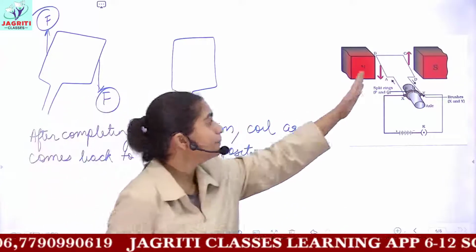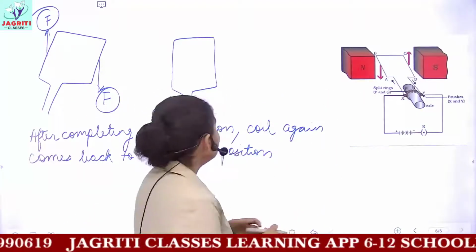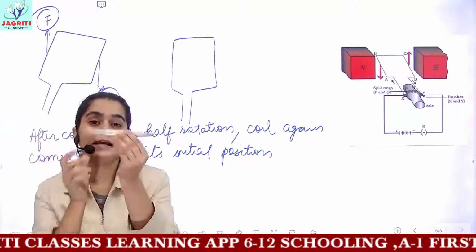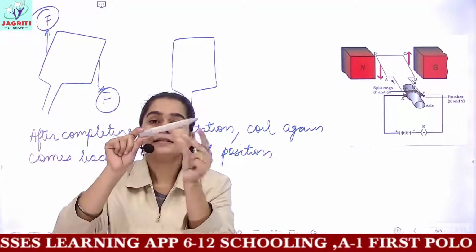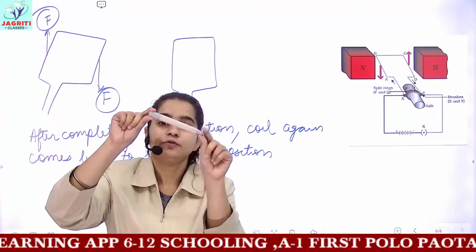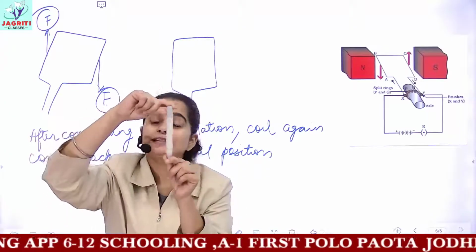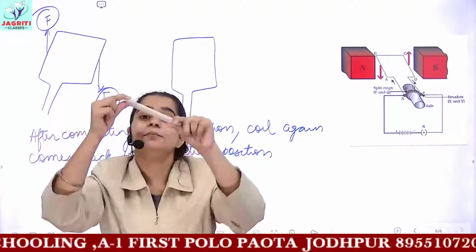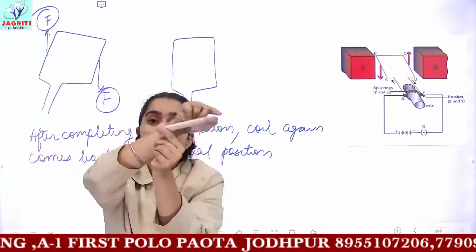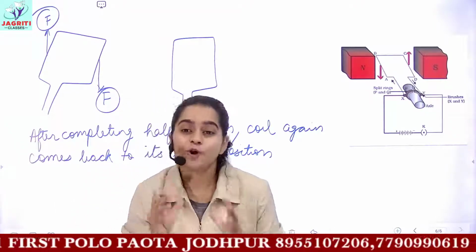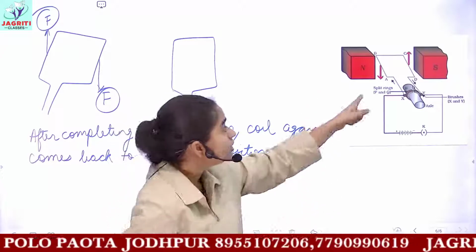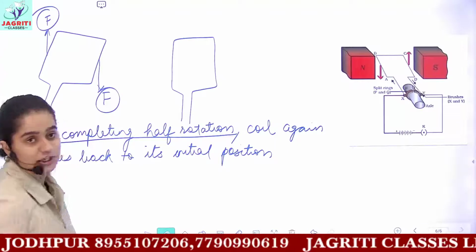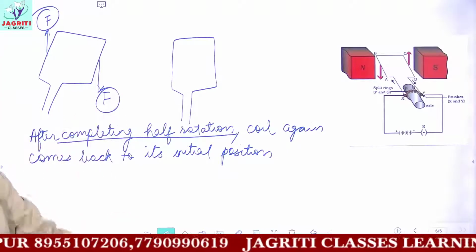For undergoing complete rotation, what we need is, let's suppose this was our coil, from this side it was moving up and from the other it was moving down. Now you have this condition, but the force is applied now in the opposite direction, so it is again coming back. We need that our coil should undergo a complete rotation. For this, you have to change the direction of force after the coil completes half rotation. So how can we change the direction of force?